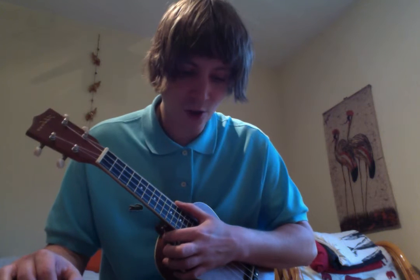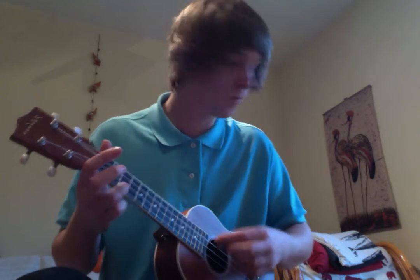The last section, the solo. Essentially he's doing the exact same thing, but he starts adding in these kind of little flourishes of fast drums, and he's also doing hammer-ons and pull-ups, and this bit's a little bit more technical. But the way I start out with it is playing through the chords that he's playing in the solo, and he's just playing them a bit faster and with a little bit more flourish to them. And what you have is 2 bars of C, 2 bars of C7, 2 bars of F, 2 bars of C,